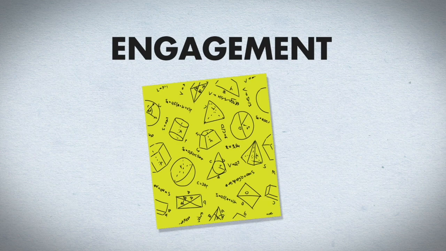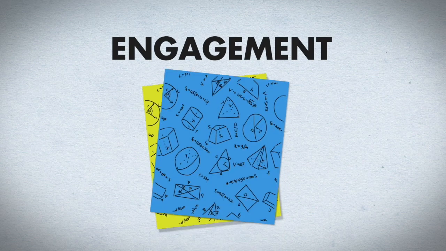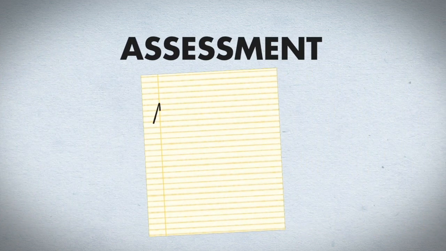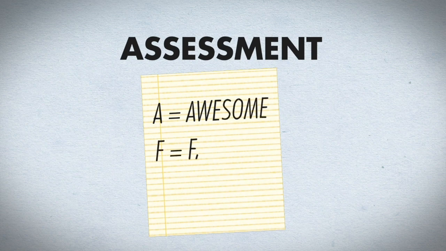The way that students are engaged in learning in the classroom can contribute to a fixed mindset. When teachers give students independent work and they're asked to work on a worksheet, keep their eyes on their own paper, and then turn that paper in at the end of the lesson, it contributes to a fixed mindset. When they experience learning this way, it's common for kids to start thinking their job in school is just to get tasks done. The ways that children are assessed in the classroom can also contribute to a fixed mindset. Problems arise when students equate their grades with their intelligence.